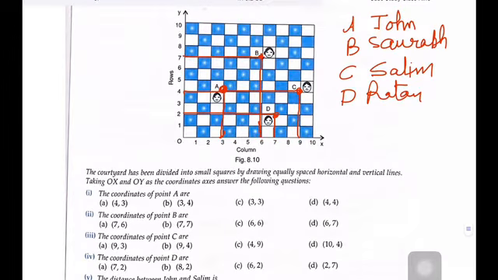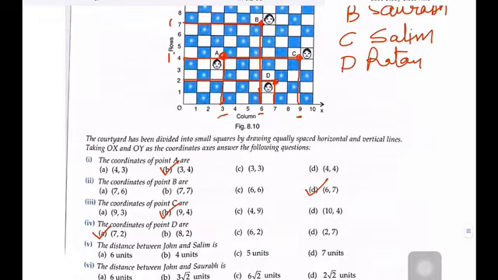The first one is the coordinates of A. Where is point A? So you can see it is 3 and 4. Then the coordinates of B. It is 6 and 7. Then the coordinates of C. This is 9 and 4. So where is 9 and 4? It is option B. Then the coordinates of D, they are 7 and 2. Fine. So we have already seen the different coordinates. Now we'll see the next questions.